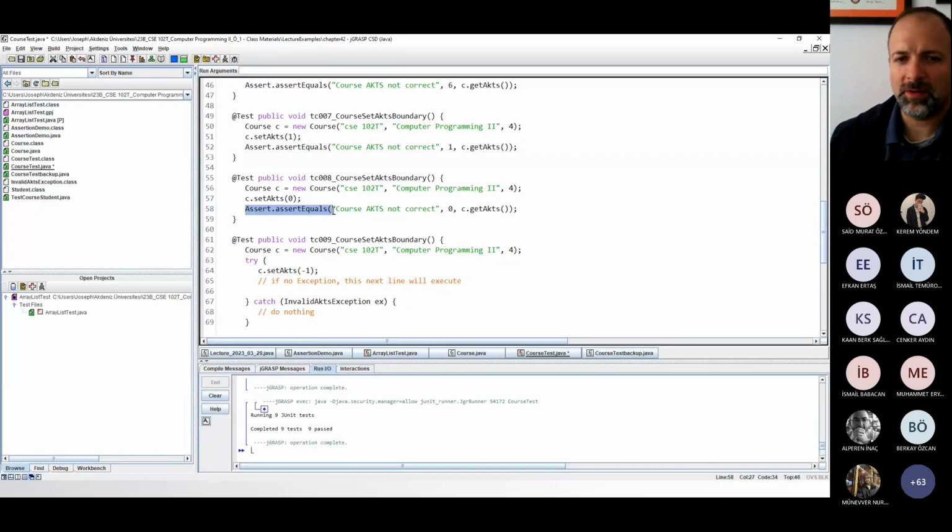We want to use these assert statements to say this is how an exception occurs. Okay, we want to use the assert statements to give ourselves messages. Why did this exception occur? Why did this test fail? Okay, so we can use that